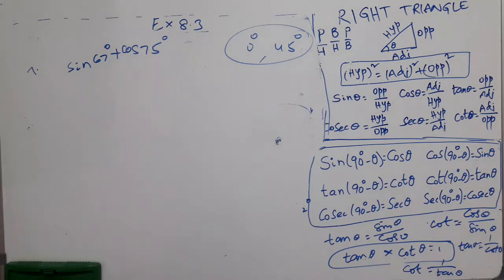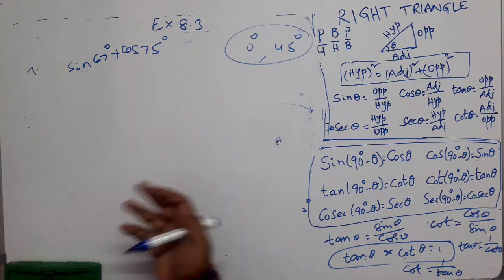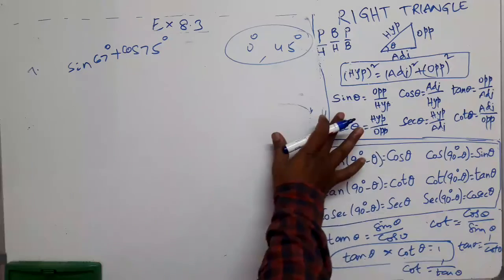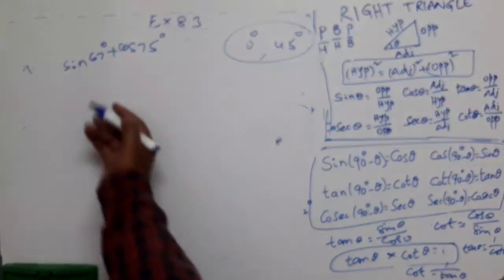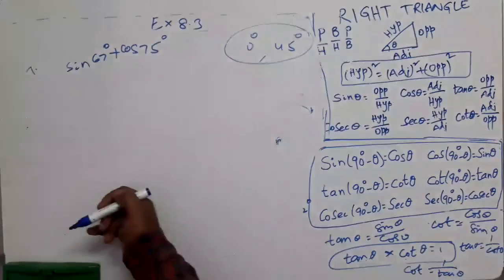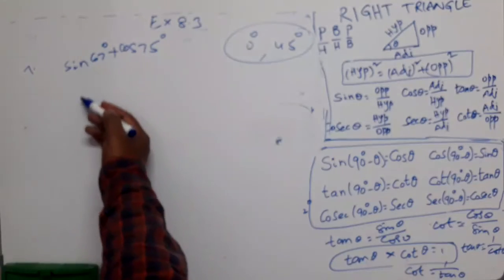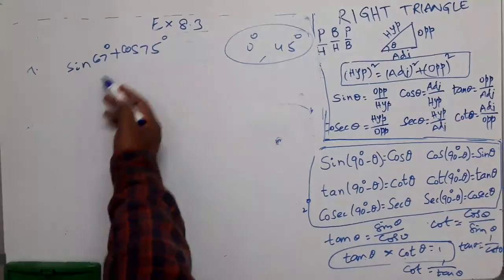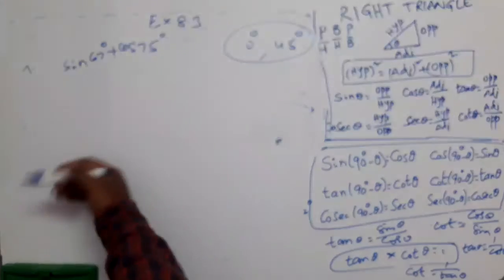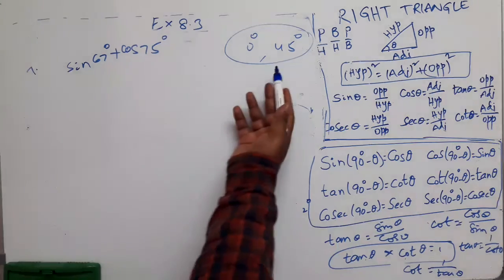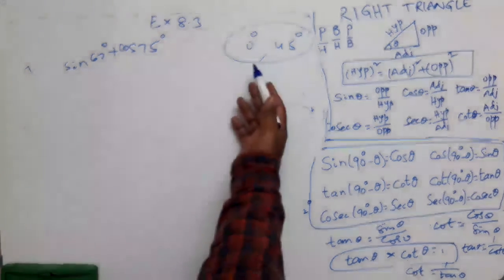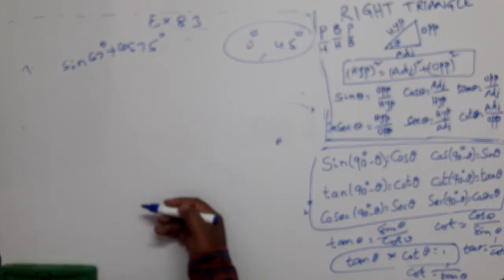Express this in terms of trigonometric ratios containing this. Trigonometric ratios means 6 trigonometric ratios are there: sine, cos, tan, cosecant, secant, cot. Of course, 2 such ratios are given, sine and cos. He is not bothered whether the same ratios remain or any of the remaining 4 ratios come. But he is bothered about angles. He doesn't want to see these angles. These angles are greater than 45 degrees. Of course, he wants angles between 0 degrees and 45 degrees. Think, what shall we do?